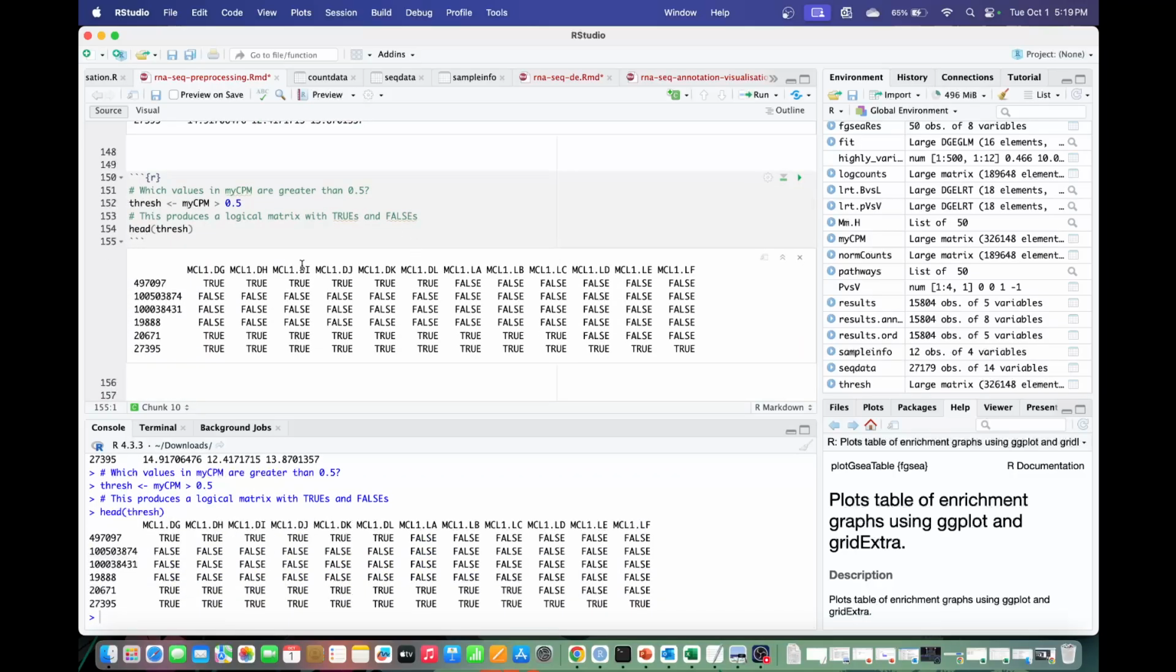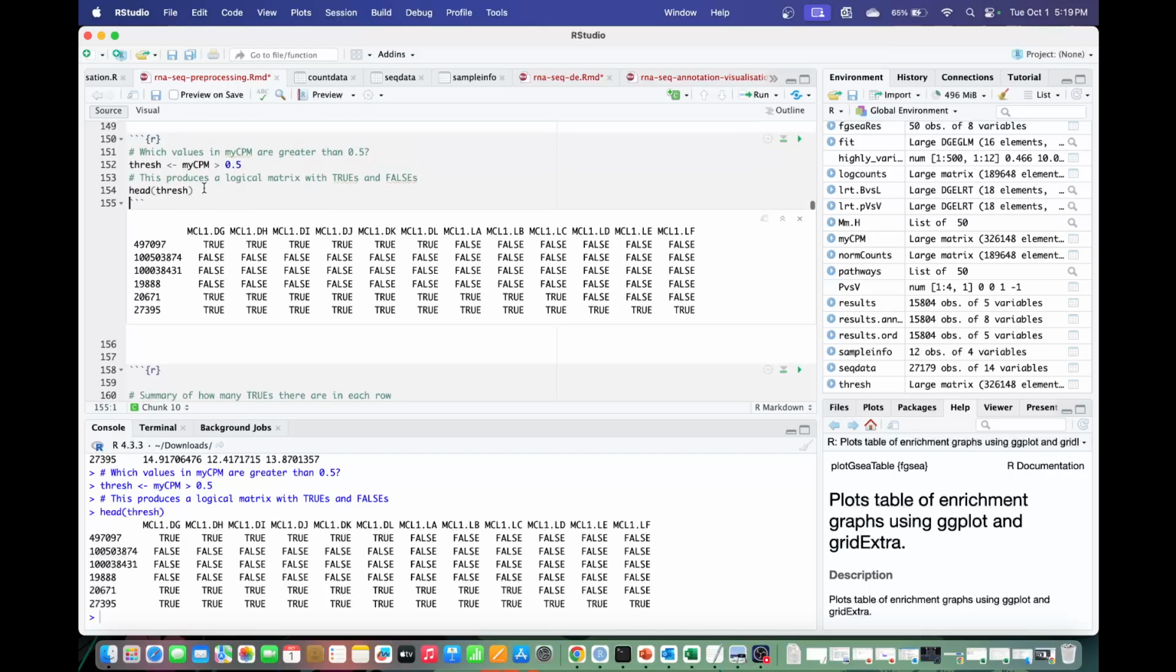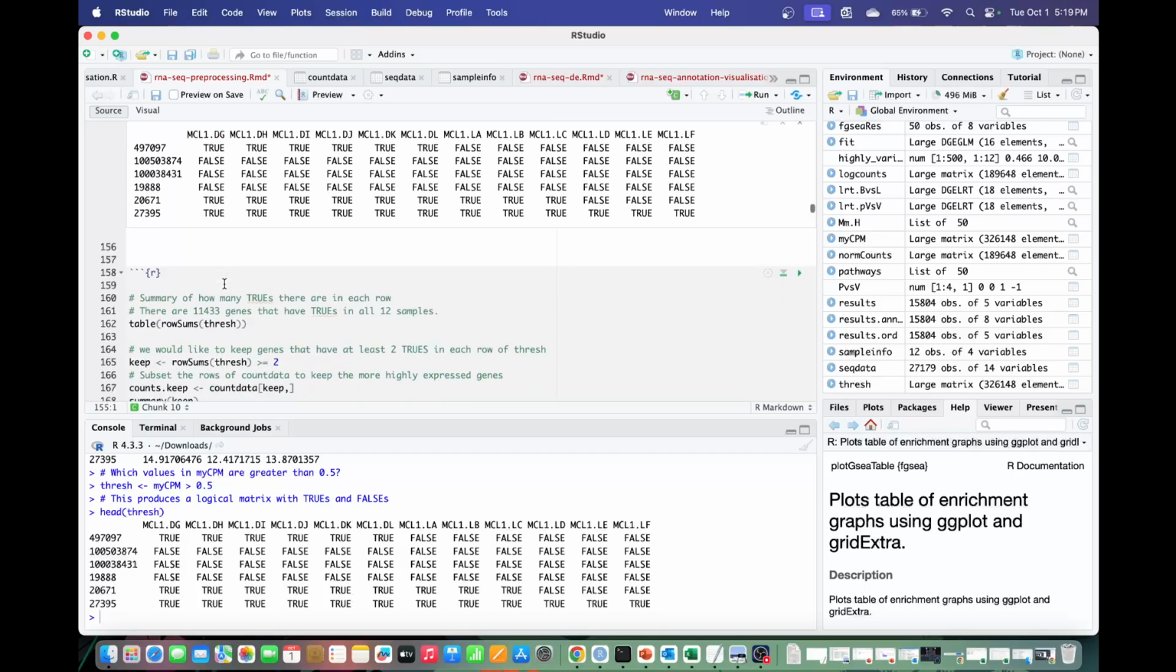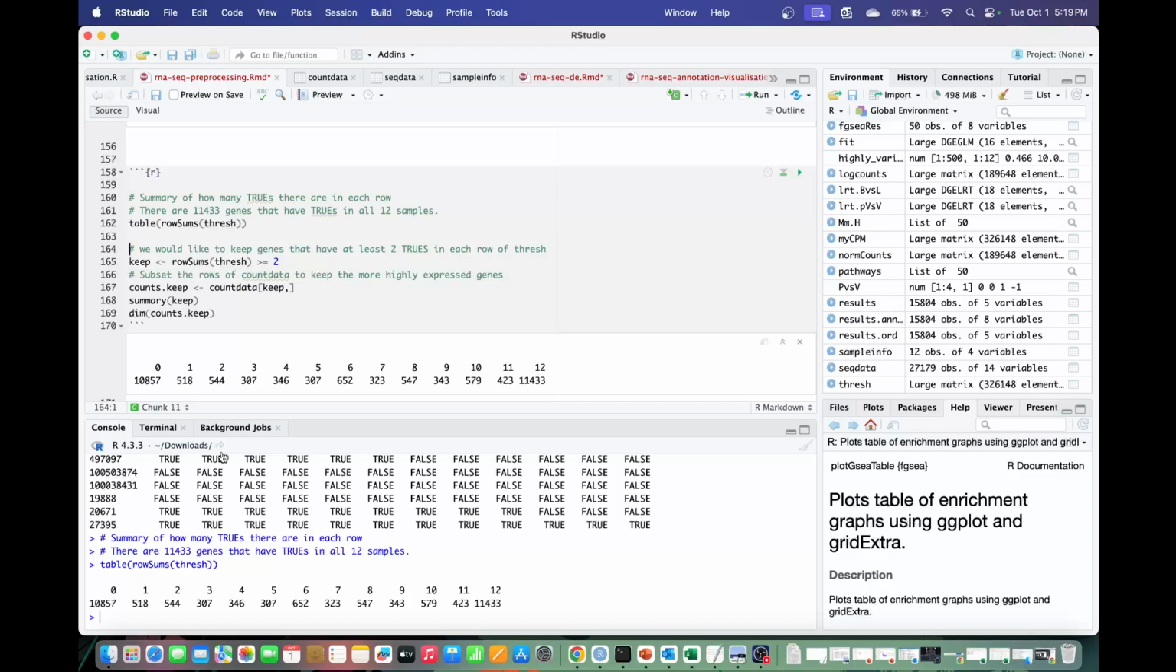This is basically the binary Boolean representation, which is true or false for whether it is above 0.5 or below 0.5. So our condition is that it has to be above 0.5 in at least 2 of the samples. Then we'll remove them. So this gives the total number of